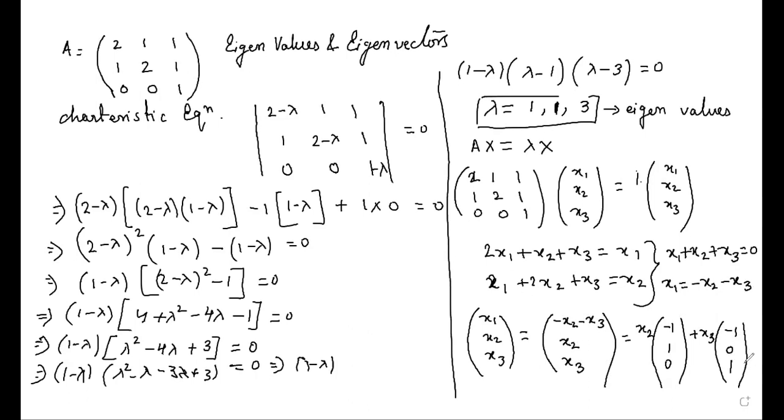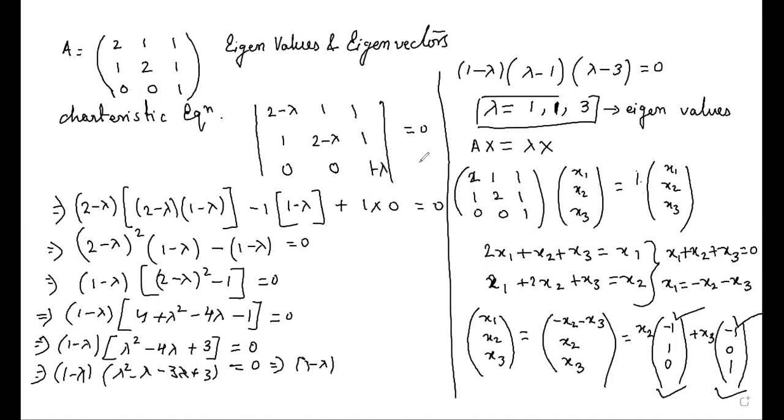Are you all agreed with that? Because if you take the sum, you will get this one only. So I have split it into two parts. Why have I done this? To get these specific vectors. And I know that since 1 is a double root, corresponding to 1 I must get two distinct eigenvectors. So this one is one eigenvector and this is the other eigenvector. These are the two eigenvectors corresponding to the eigenvalue lambda equals 1.